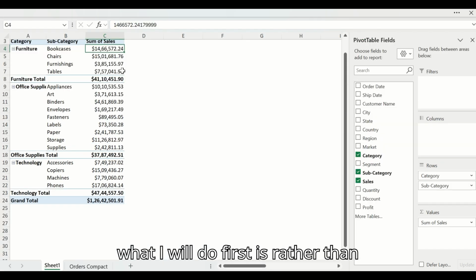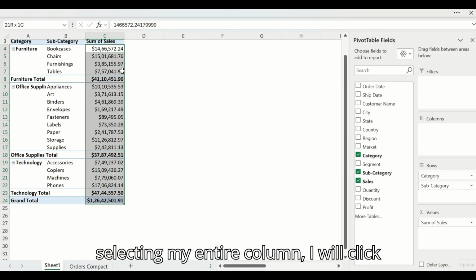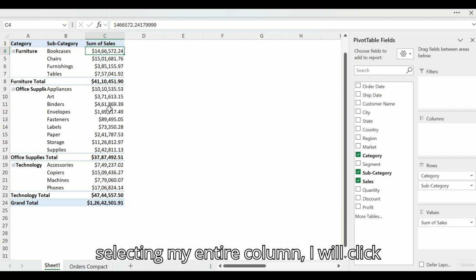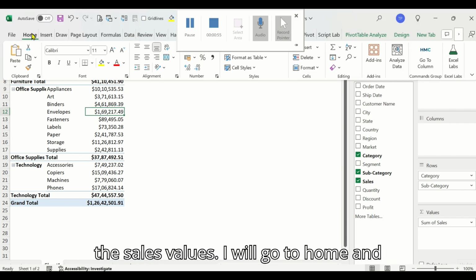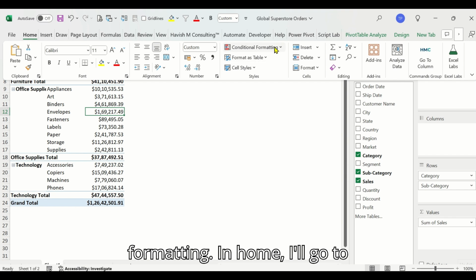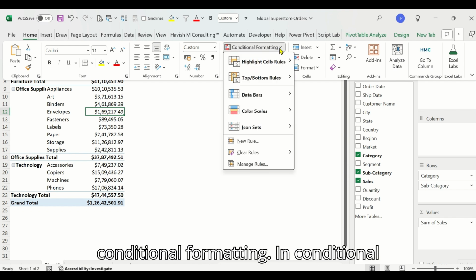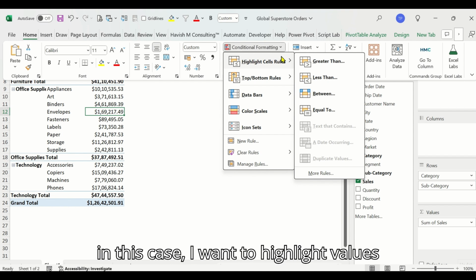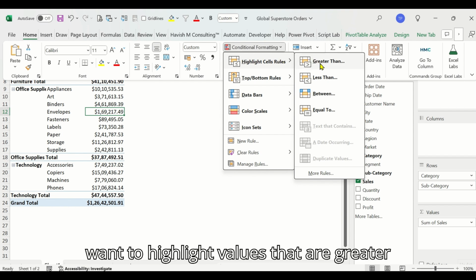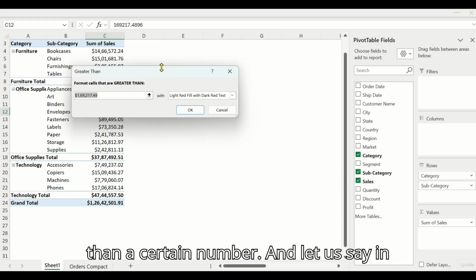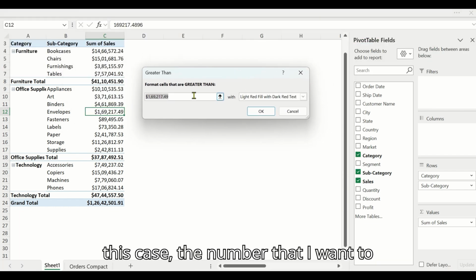So what I will do first is rather than selecting my entire column, I will click anywhere inside the column where I have the sales values. I will go to home, and in home I'll go to conditional formatting. In conditional formatting, let's say in this case, I want to highlight values that are greater than a certain number. And let us say in this case, the number that I want to choose is,